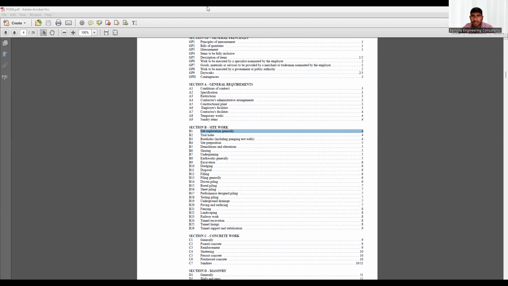For example, you will see that there will be grid lines like this, and these grid lines will have a point here. They will give the levels of this point. For example, from the mean sea level, what is this level? For example, 1 meter above the sea level, minus 2 meters below the sea level, something like that. It is a topographic survey. So that is the second thing. So one is soil investigation and the other is topographic.